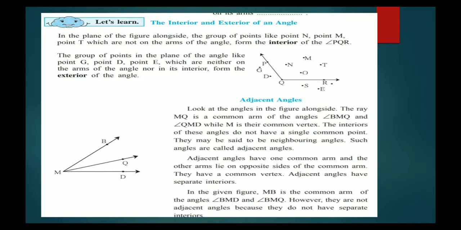Now what is an adjacent angle? Adjacent angles. The angle which is next to you. Okay. If a teacher says in your class, who is next to you, who is adjacent to you, you will say your partner's name, right? If I have a figure with angle BMD, there are two other angles formed inside, BMQ. What is the adjacent angle of angle BMQ? QMD. This is the adjacent angle, next to the angle.